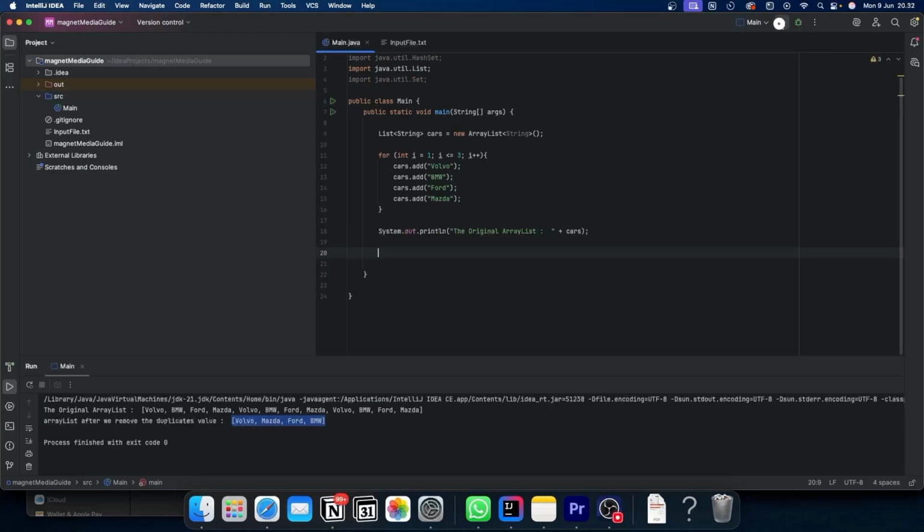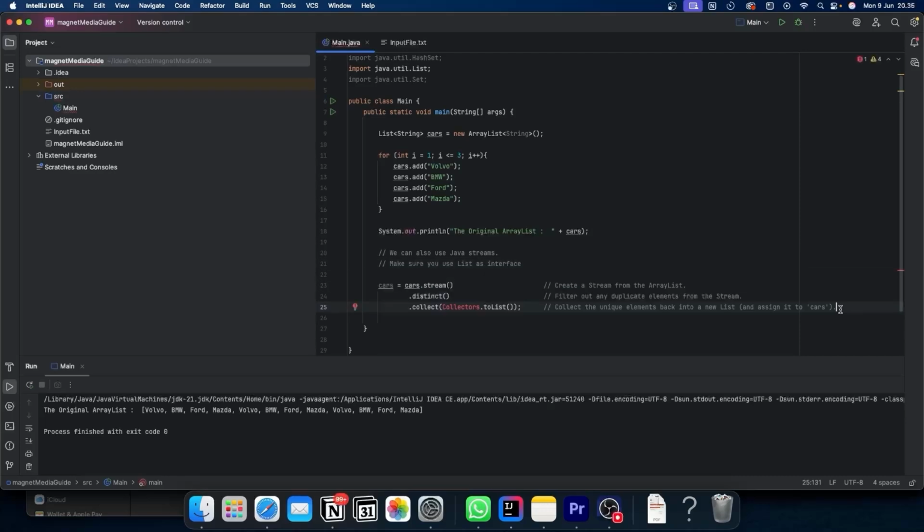Now for the second method, which is even more concise if you're using Java 8 or newer, Java streams. This approach is elegant and can be done in a single line of code. We take our cars list and call .stream on it to create a stream of its elements. Then, we apply the .distinct method, which is a built-in stream operation that returns a stream consisting of the distinct elements. Finally, we use